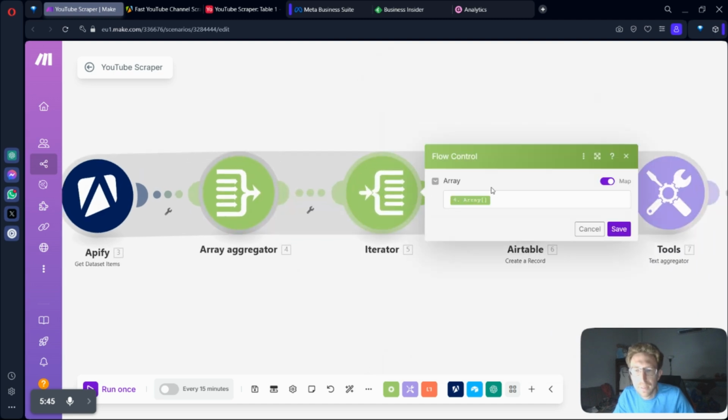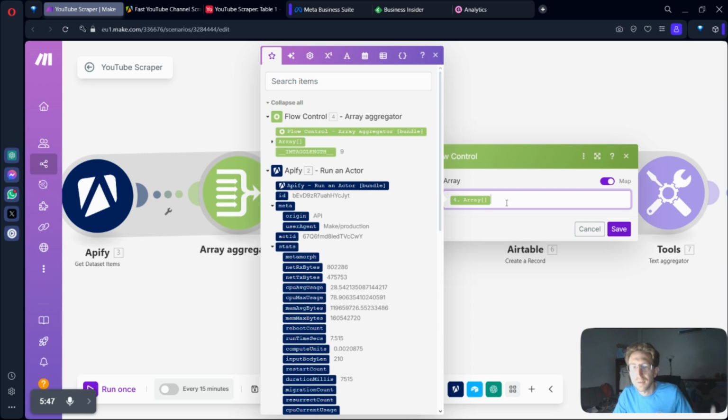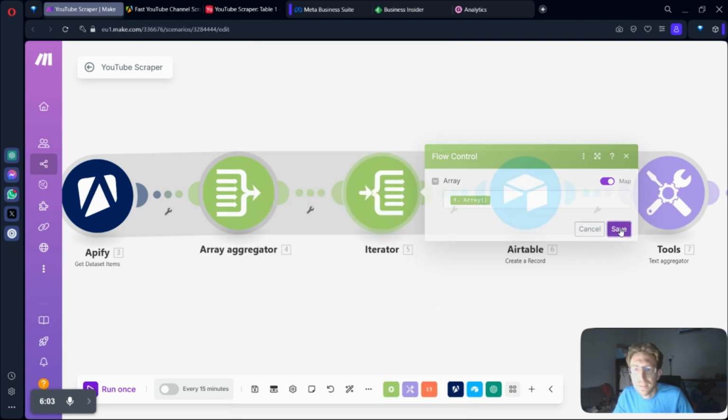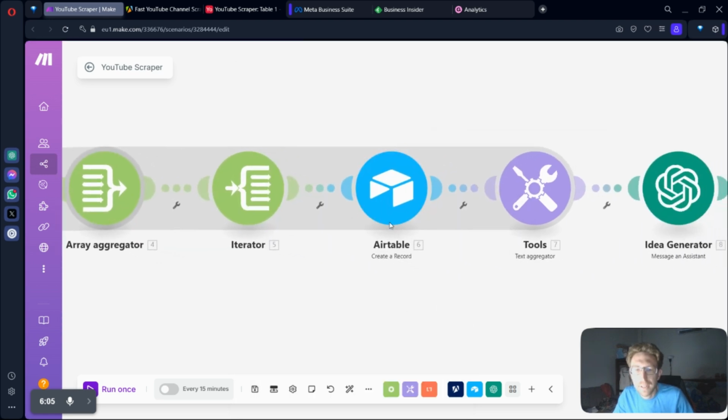And then in the next step, we simply iterate over each data set item in the array. So that's what we're doing here. We're just passing in the array, and you can see kind of what it looks like right here. It's got the date, title, duration, view count, channel name, and also the URL. So that's it. So now we're iterating over that array, and then the next step is we need to create